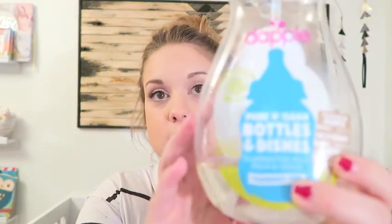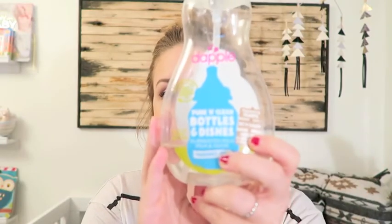Another product that has definitely come in handy, and you can probably tell by the amount that we have left, is this. This is Dapple Pure and Clean. Let's see if it'll...